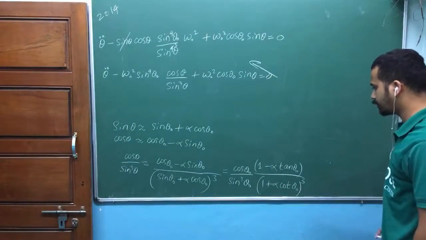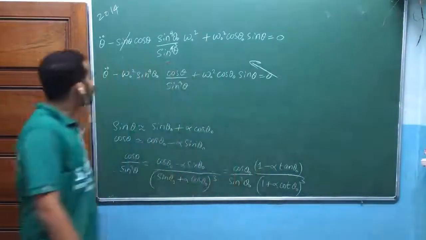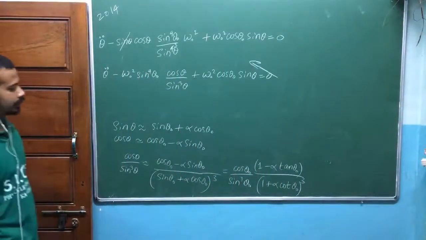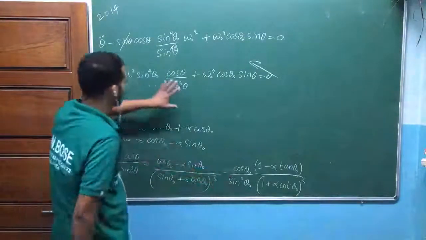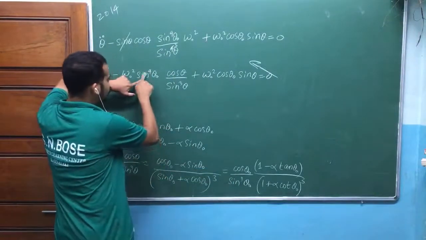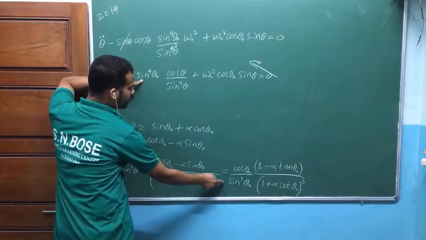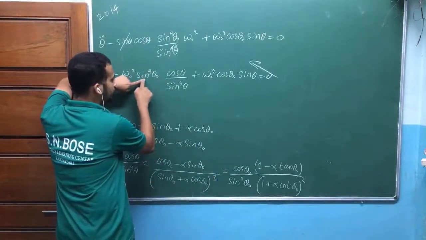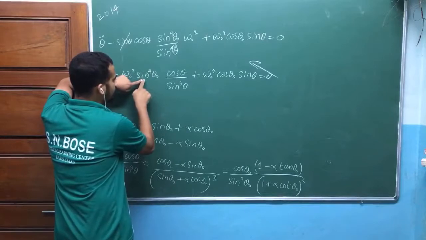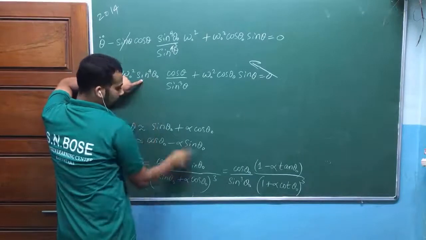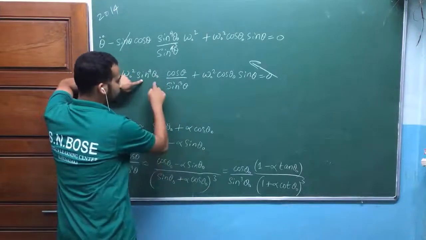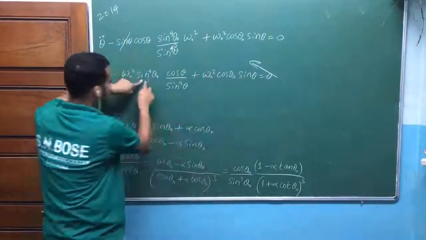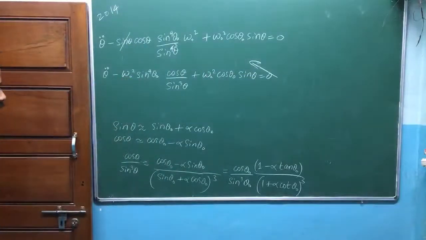Cos theta naught divided by sine cube theta naught. Look here. If you do it like that and substitute it here, what would happen is sine raised to 4 theta naught divided by sine cube theta naught, so one sine theta naught will remain in the numerator. Then this cos theta naught also remains in the numerator, so somehow this term is going to come here. That is the idea. Again, you need some practice.